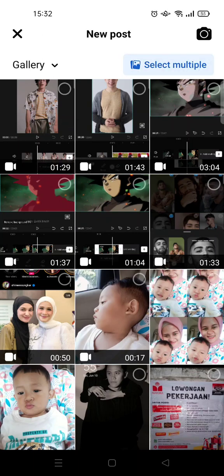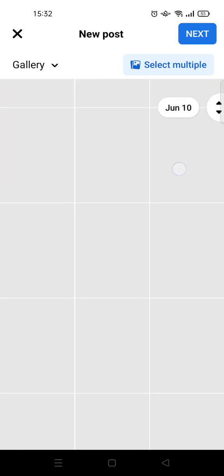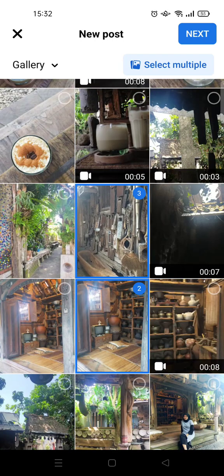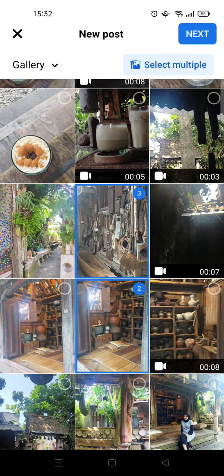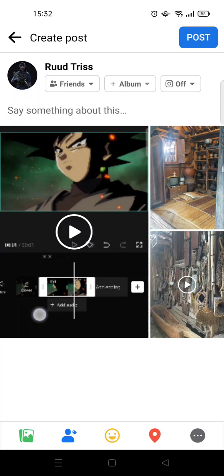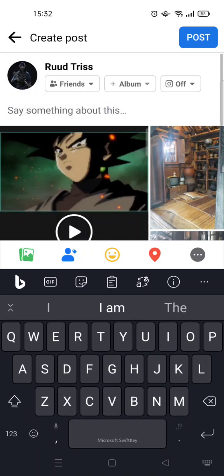add. So just click on select multiple and then select the video, for example this one, and also the photo. Okay, I'm going to add this photo and this video, for example, and then click on next. And just like that, the video and also photo will be on the post, and you can just say something or add a caption,